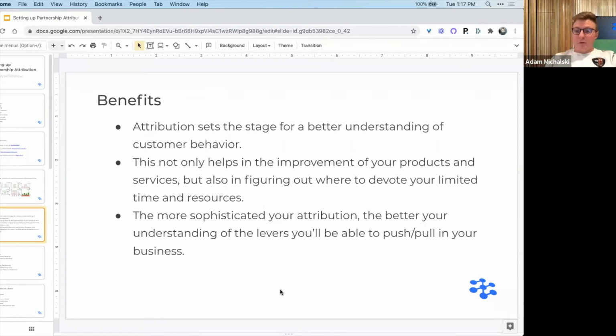The reason why it's important is that if you don't know what is actually causing a specific type of action at your company, it's really tough to optimize and understand where you should spend your limited time and resources. So if you can put a good attribution model in place, particularly on the partnership side, where usually a lot of folks are just not really accounting for their partnership activities in the best possible way, if you can actually put that partnership attribution in place, you can start getting the credit that you deserve.